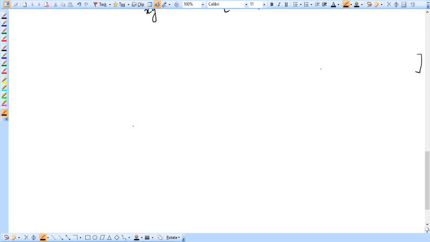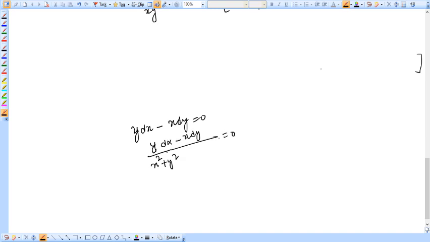So see, y dx minus x dy is equal to 0 if it is multiplied by x square plus y square. Now you can write it as